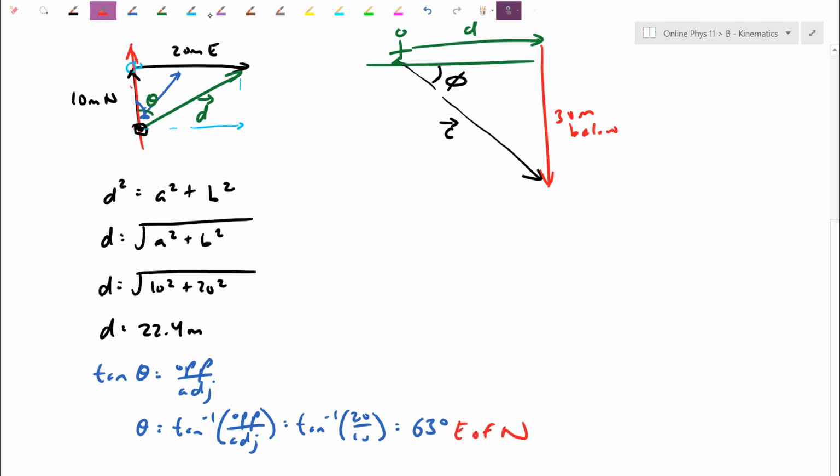Now remember I was saying, well, vectors, the order doesn't matter. I could have gone east first and then I could have gone north afterwards. That actually would have sketched for you the other triangle. You may have found this angle instead, and we talked about here the angles are complementary. They always add up to 90 degrees. So even though I might call that angle north of east, that would be maybe 27 degrees north of